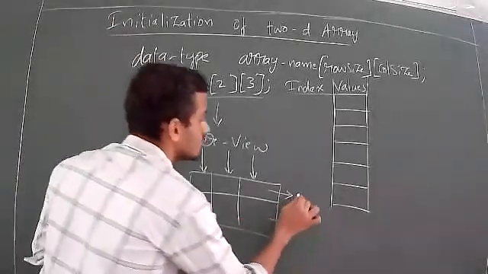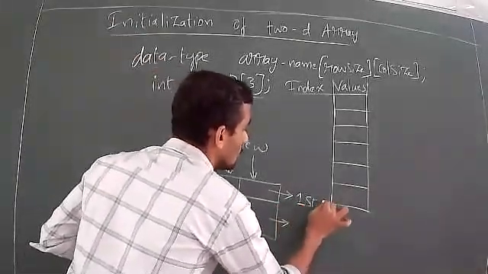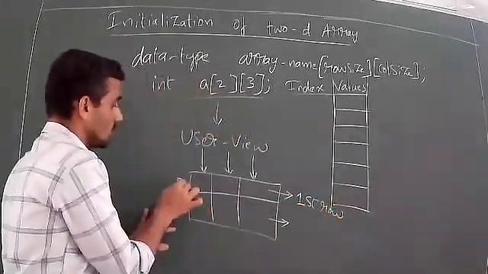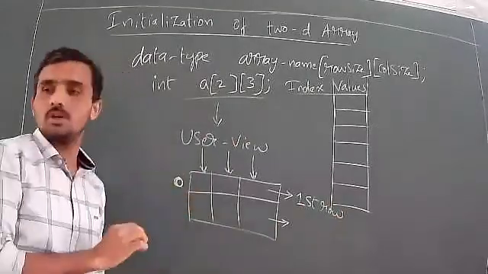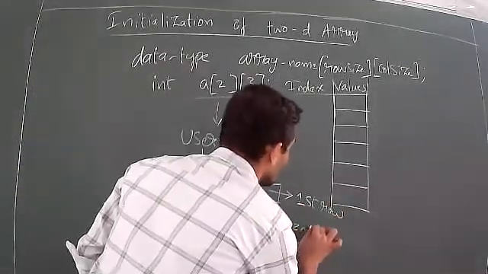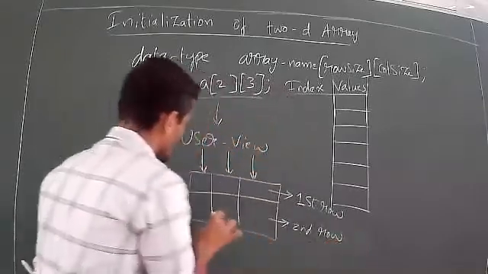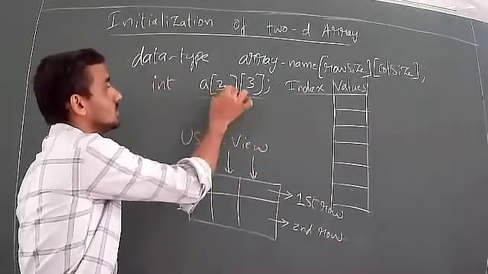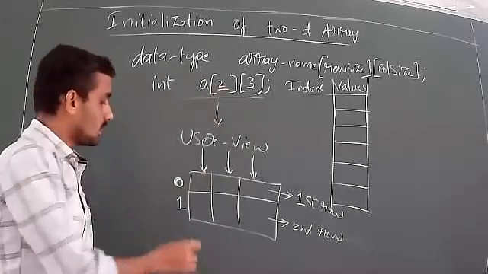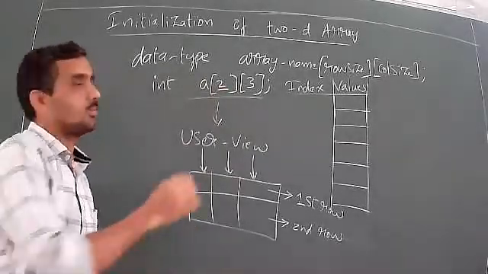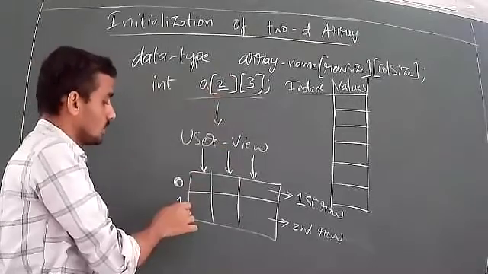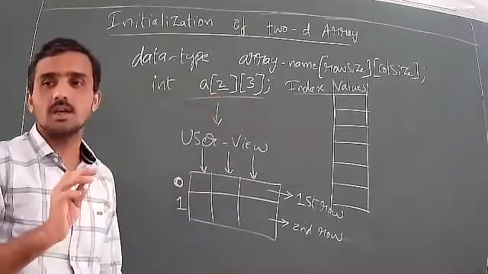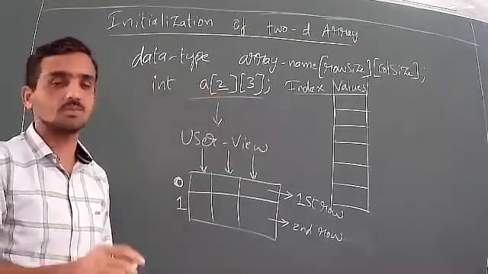With respect to arrays, it becomes 1. So if I say this is the first row, then the row number will be 0, and the second row, the row number will be 1. Looking at the number of rows, we have taken 2 rows, so the last row number will be 1. Number of rows is 2, last row number is 2 minus 1, that is n minus 1, number of rows minus 1.